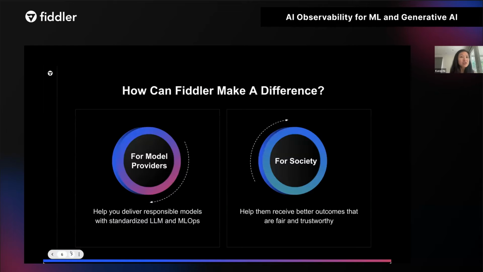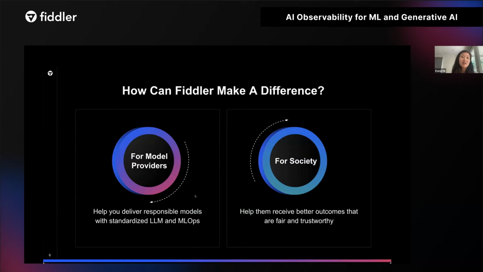All right, so Fiddler's mission is to make the world a better place. A lot of decisions and changes made today are driven by AI. So how can we embrace the changes, but also make the world a better place? To truly make a difference, we need to address both sides of the coin.